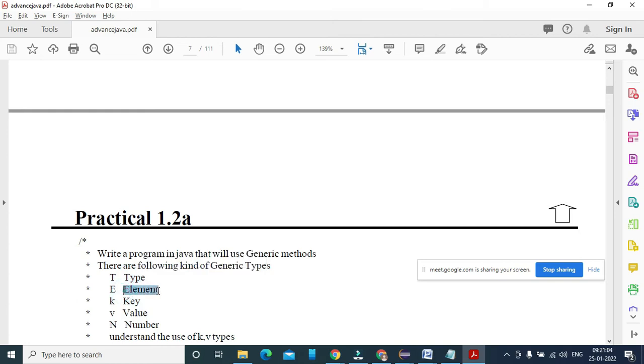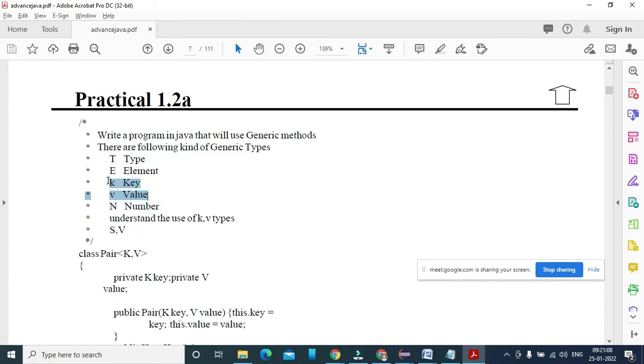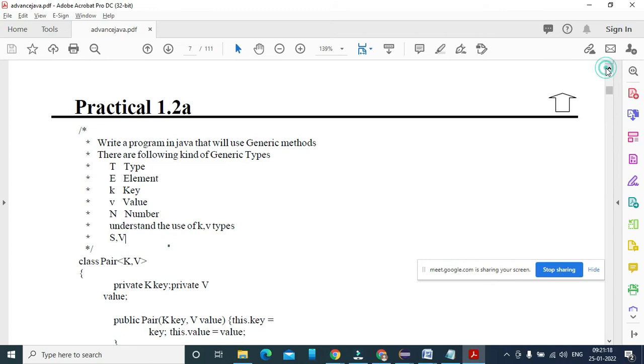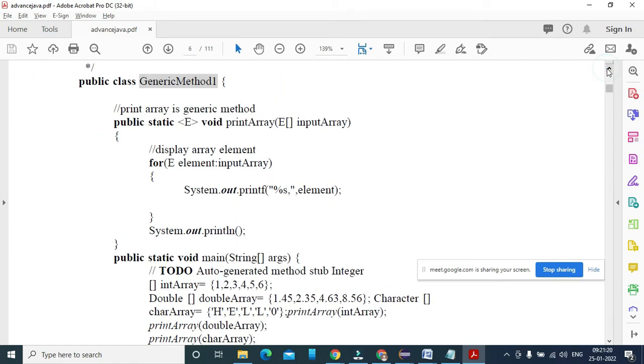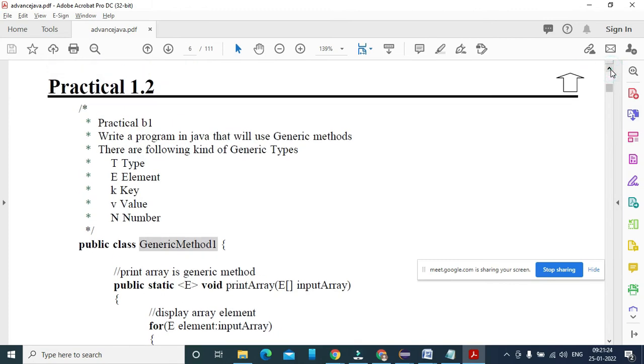We are going to understand what an element is, and we are going to understand what K and V are, and what is the use of K V types here. So all this stuff we are going to understand here. So this is element, the E type.